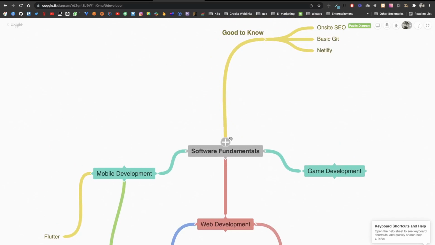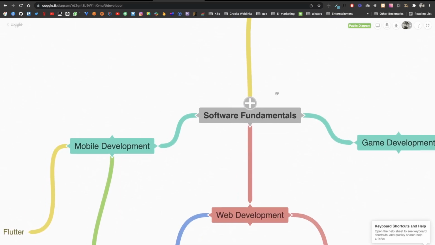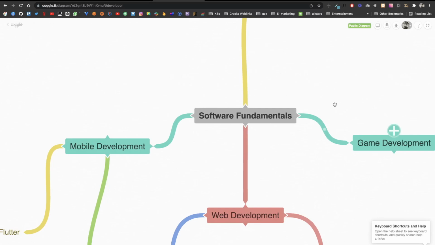First things first, software fundamentals. By fundamentals, I mean that when you are interested in learning software, you must start with the very basics of how your computer works. For example, I have macOS, and I'm running Chrome on it.